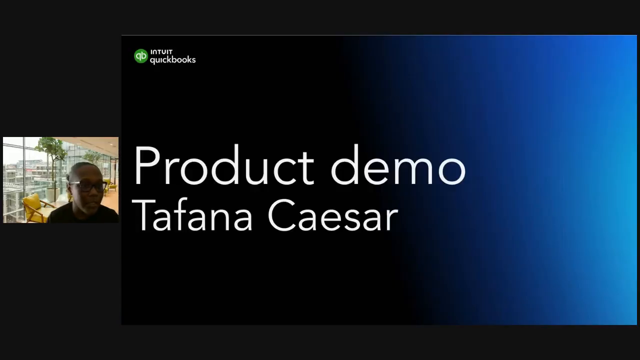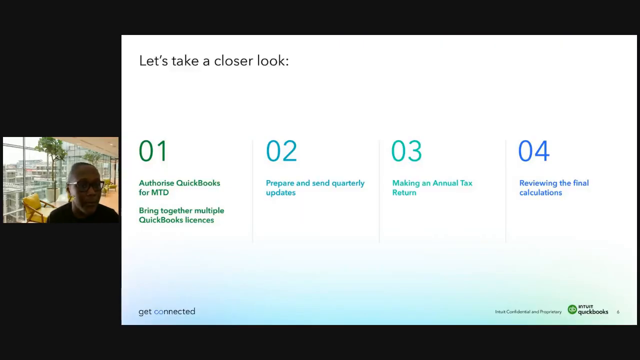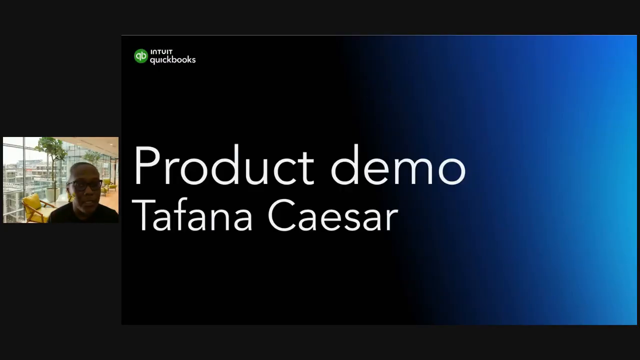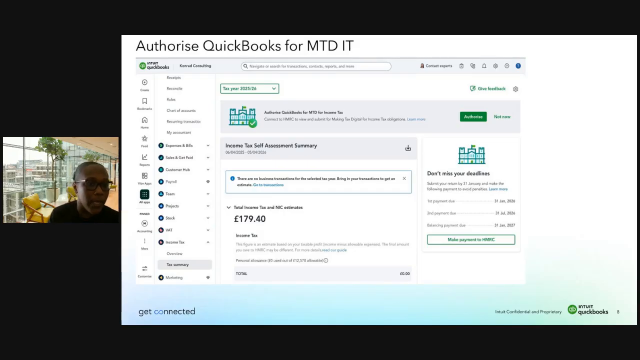So let's have a closer look at that first step. The first step, we can move on, Elizabeth, is the authorization flow. Next slide, please. So here you see in the income tax page, I have got all my accounts already authorized, so we will go through this here. Within the income tax page in any QuickBooks license, you will see a banner at the very top, which shows authorized QuickBooks for MTD income tax. If you click on authorized, it'll then take you to the next page,